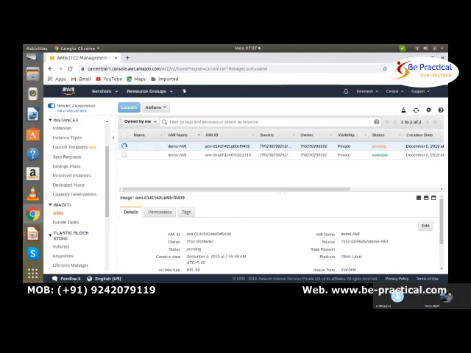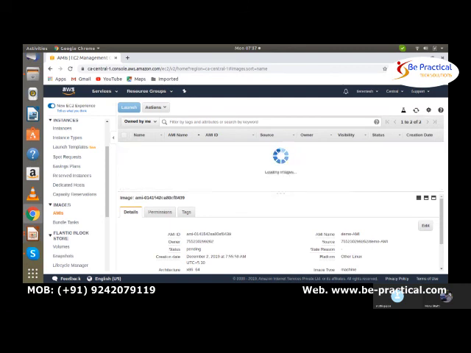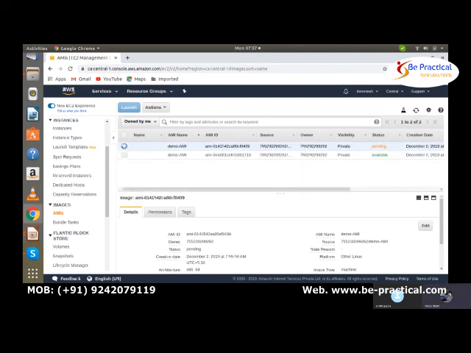So you can try this today. You can create an AMI and try to copy it to some other account, if you have another AWS account.